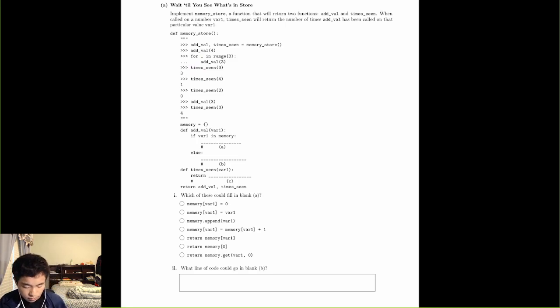Taking a look at the skeleton code, we have the return value of returning those two functions. We also have these functions being defined right here, along with memory, which is a dictionary. For some corresponding value that we add, for example var1, we have some number of times that we've seen it so far. That gives us the idea that memory should be a dictionary